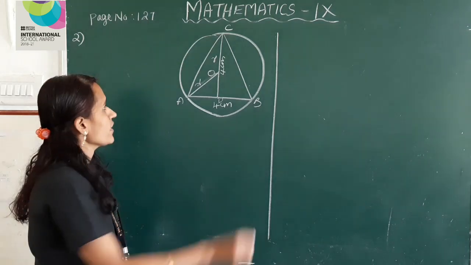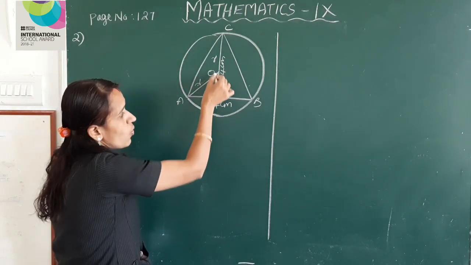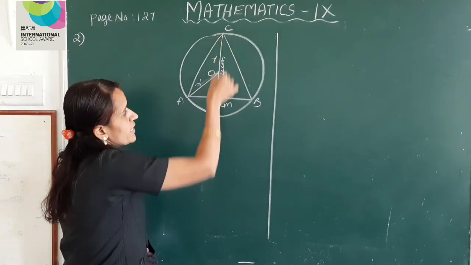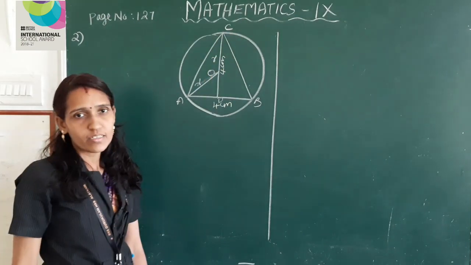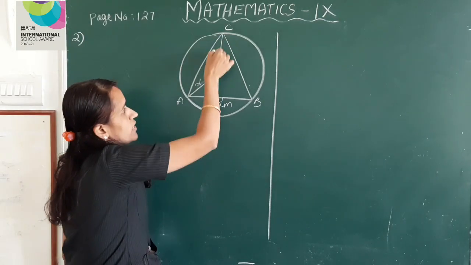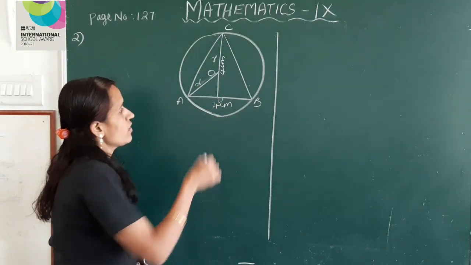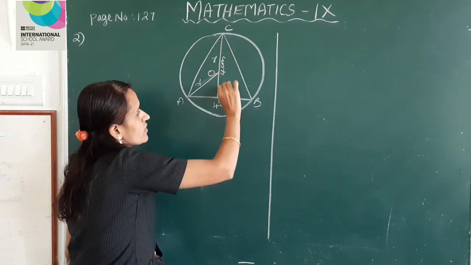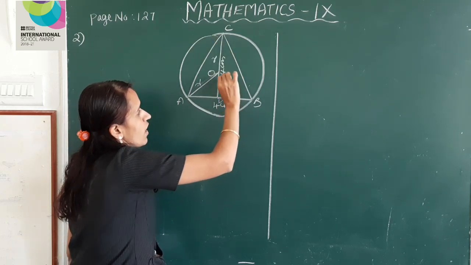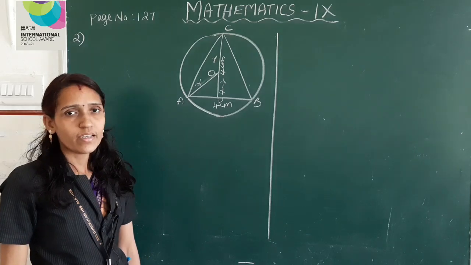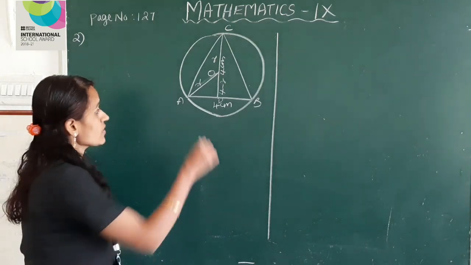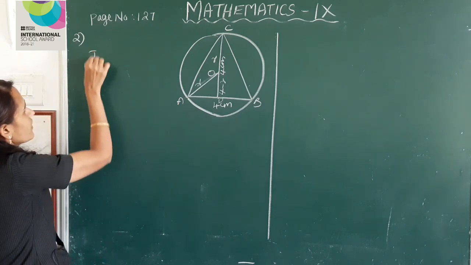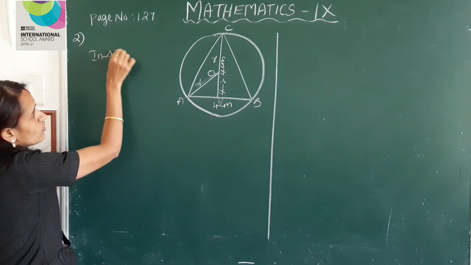Okay. Next, what is the length of OD? Here, CD is 4 centimeter. OC is R. So, OD is the total minus, that is 4 minus R. Okay. Next, consider triangle ODA. In triangle ODA,